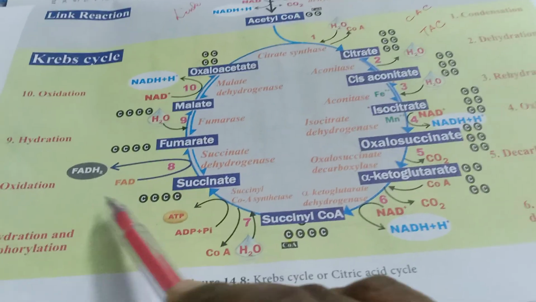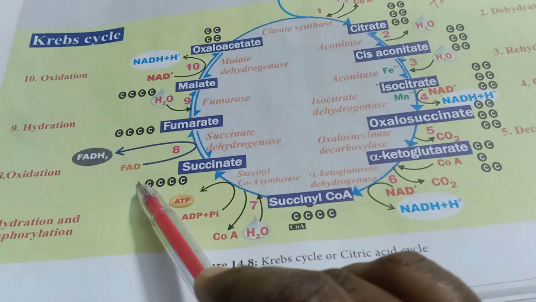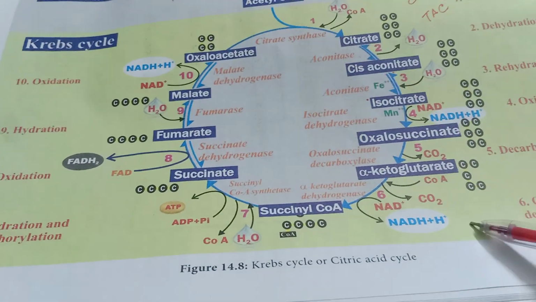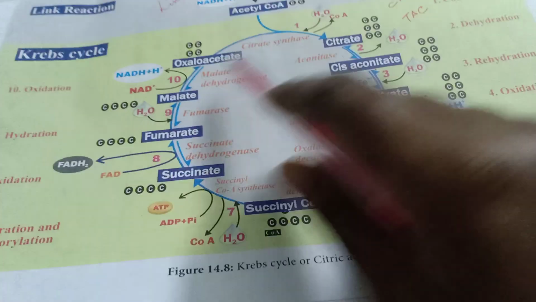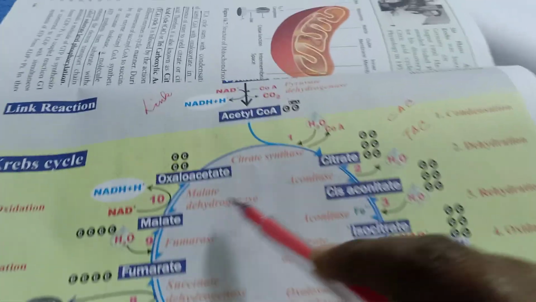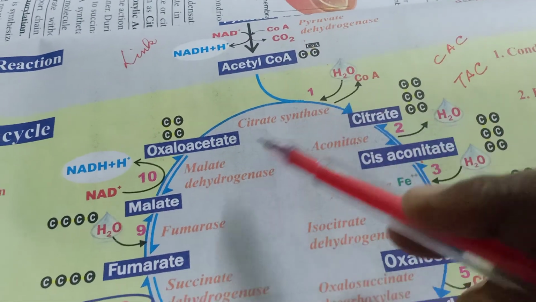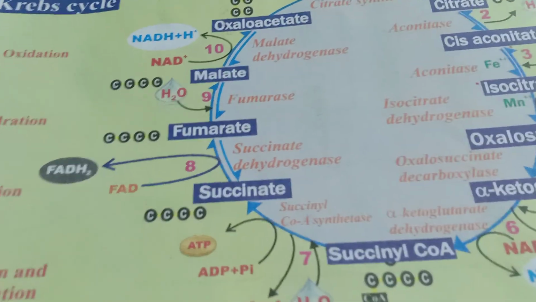Another energy compound is FADH2. This is the only one we can find here. So FAD is converted to FADH2. So altogether you can find 3 NADH2, 1 FADH2 and 1 ATP formed in this reaction. These are the energy molecules. Okay. At the end you can find carbon dioxide formed and water. Carbon dioxide is liberated out, and the cycle keeps on circulating again and again. Therefore, it is called the Krebs cycle.